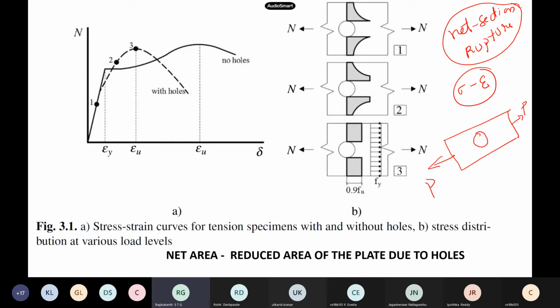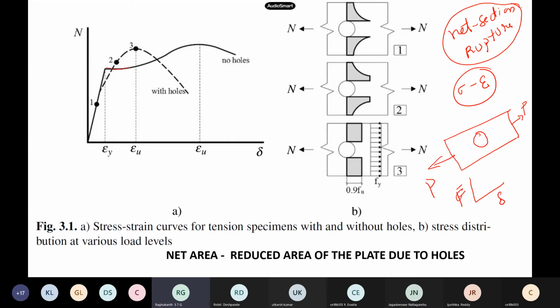Okay, so with a hole. Now if you do a tension test for a steel flat with a hole inside of some diameter, let us say the hole has an actual diameter, and then you plot stress versus strain, that is sigma versus strain, or of course force versus the elongation or displacement, you can also plot. So this is how the graph looks like.